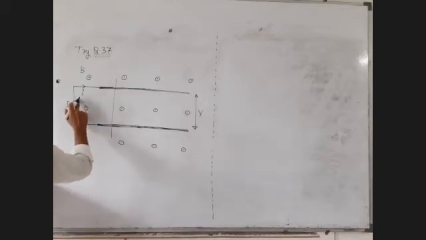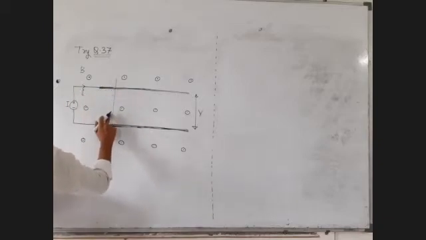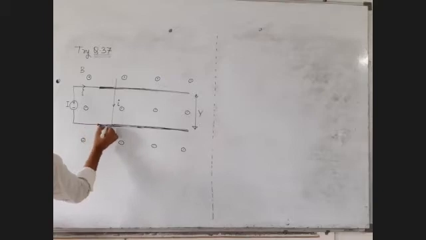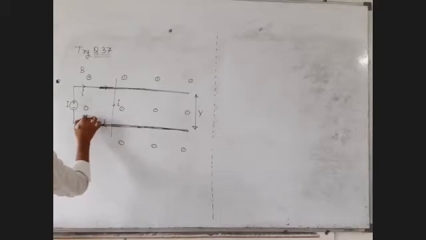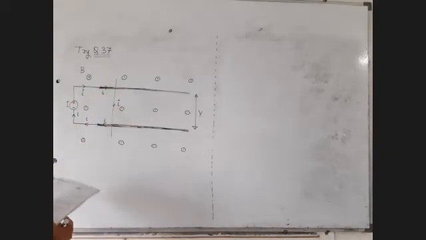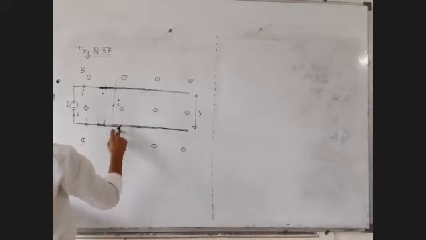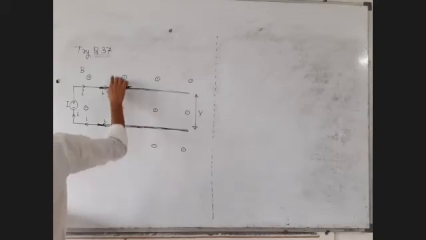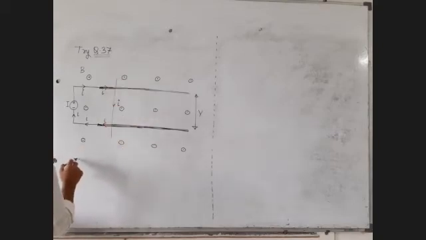So how will the current go? From the current source, through the rails, then through the wire, then again coming out, and ultimately it will flow back into the current source. So this will be the current I which will be established in the circuit. The friction coefficient between the rails and the wire is mu. These are the two rails, first rail and second rail. Between the rails and this wire, the friction coefficient is mu. Coefficient of friction is given as mu.